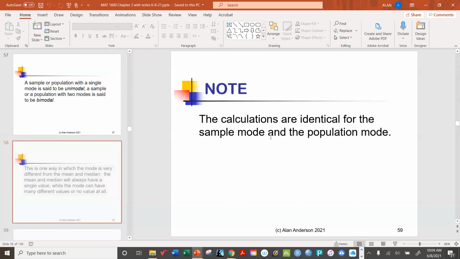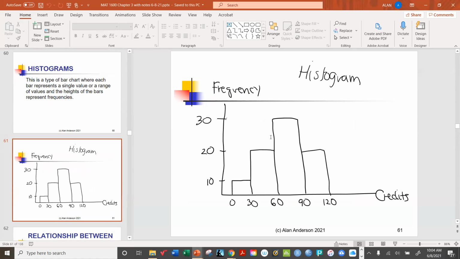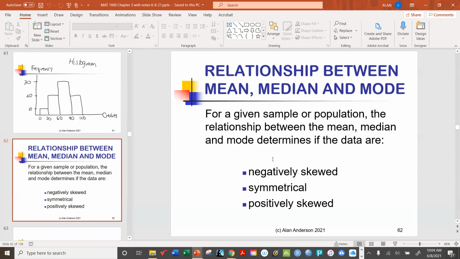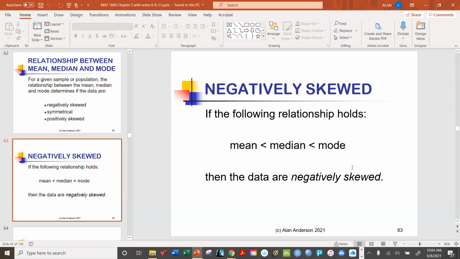Let's see, what else did we do? Histograms, yes, a very important graphical device that we'll see quite frequently throughout this course because it's an extremely useful way of summarizing the information found in either a sample or a population. We looked at the relationship between the mean, median, and mode. We saw that there are 3 basic cases we might encounter: data that are negatively skewed,